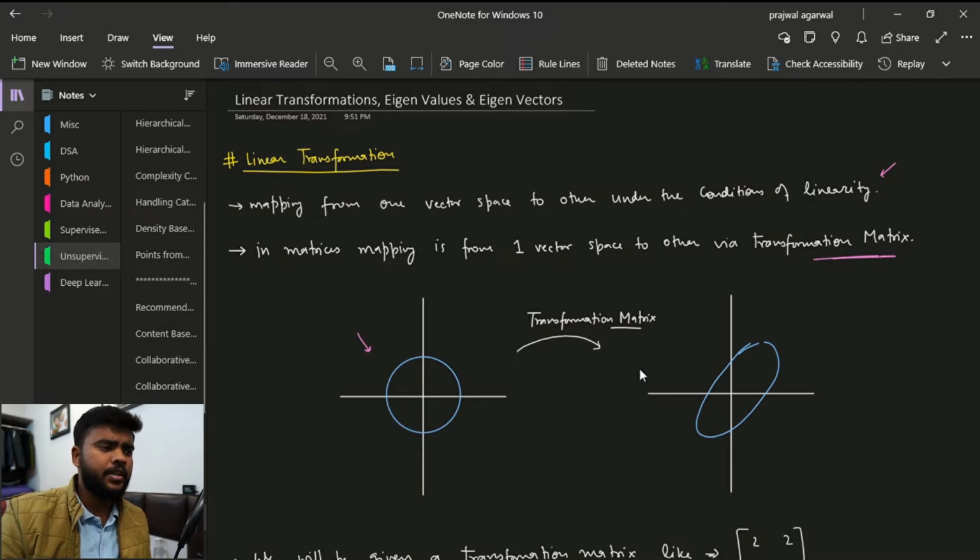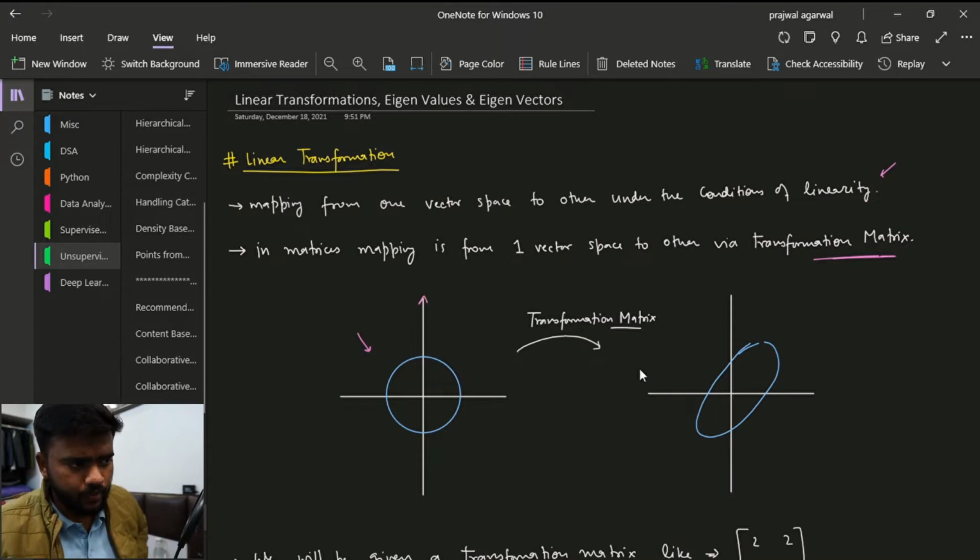We'll just see. So initially this was our vector space. Okay, this was how the data points looked in our vector space. Now to perform the PCA, to basically make our data better spread, we perform some transformations on the data so that our data looks something like this. As we can see, we have a better spread right here. Okay, now how do we achieve that? We achieve that using a transformation matrix.